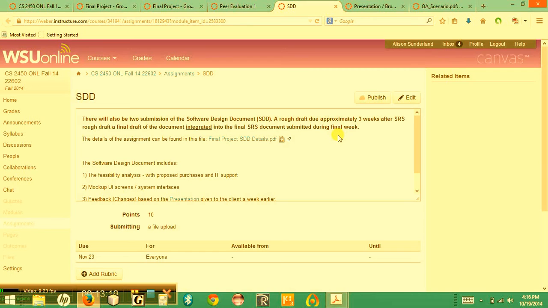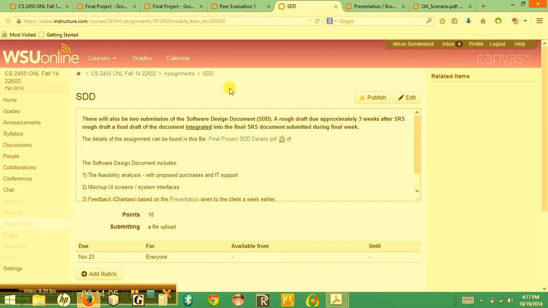One of the things that I would indicate here is that the class has been broken up into a number of groups. Each of the groups are going to be working on the same final project. Each of the groups will have the same client, because as a client, they're going to go to several different software development firms, present their proposed software to them, and then the different software development firms are going to compete for the business. And so ultimately, only one of the teams will win the contract for the business, and the team that wins the contract will get full scores for the final project, and all of the rest of the teams will get